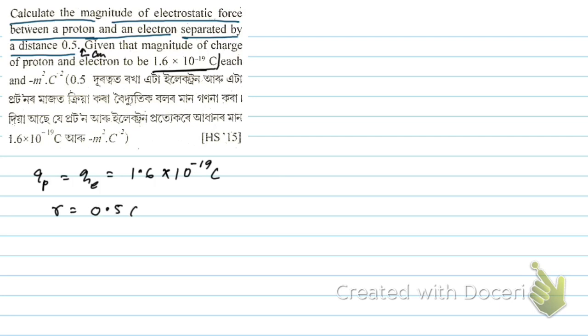0.5. Let me take this one as centimeter. If it is centimeter, then 0.5 into 10 to the power minus 2 meter, right? So then, what is going to be the force between the electron and proton? Therefore the electrostatic force